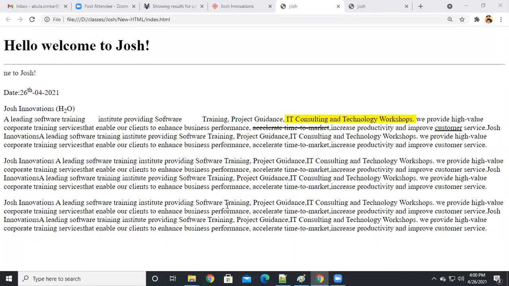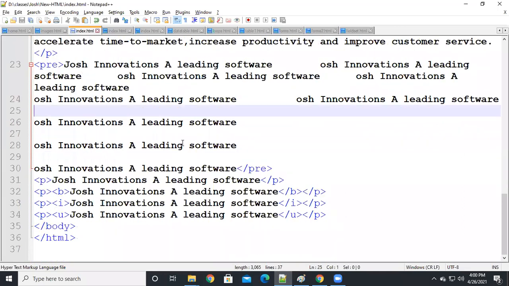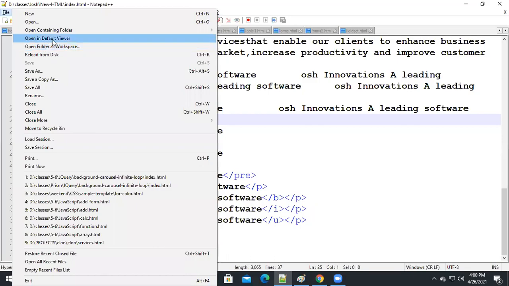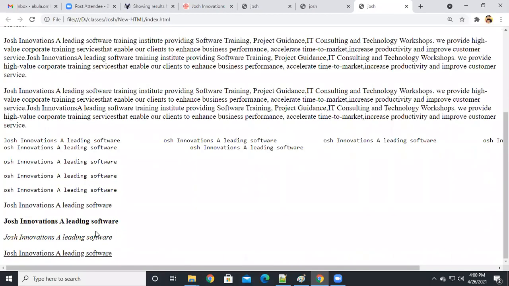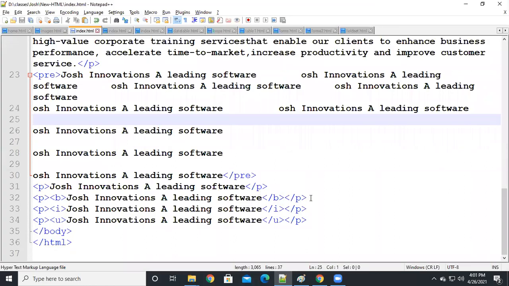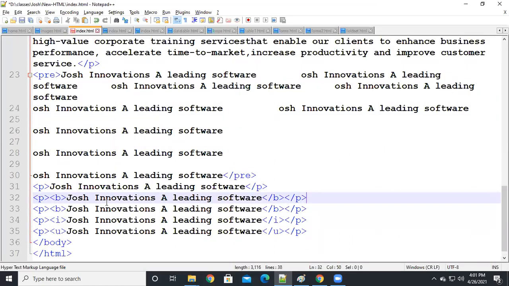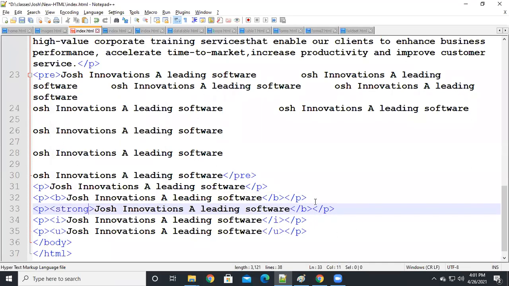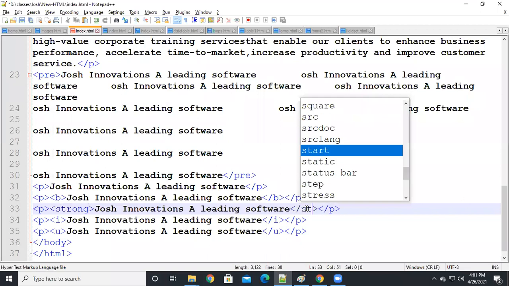Okay. And now here you will get like this. The formatting elements like bold, italic, and underline. So instead of bold, we are going to use the strong element, guys. Strong. Both are the same. There is no difference. But in HTML5 onwards, we are going to use the strong element.